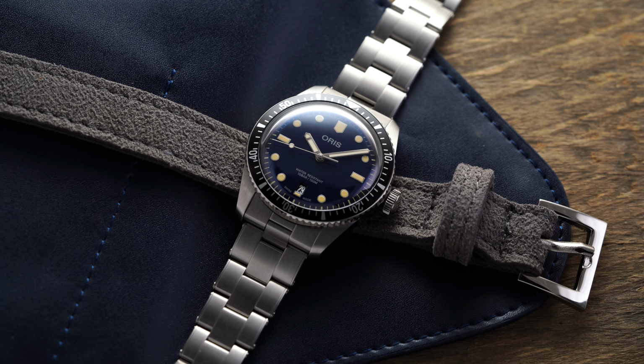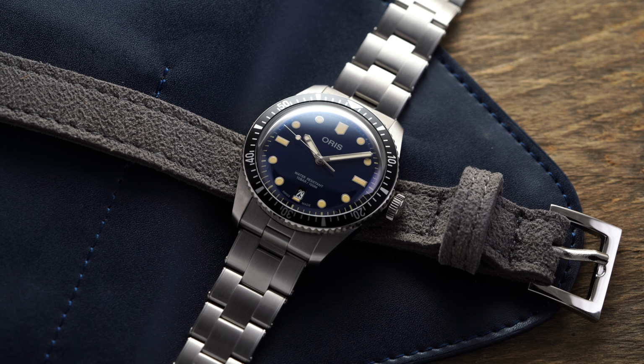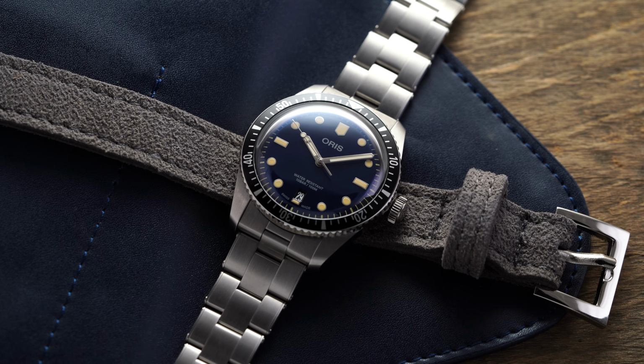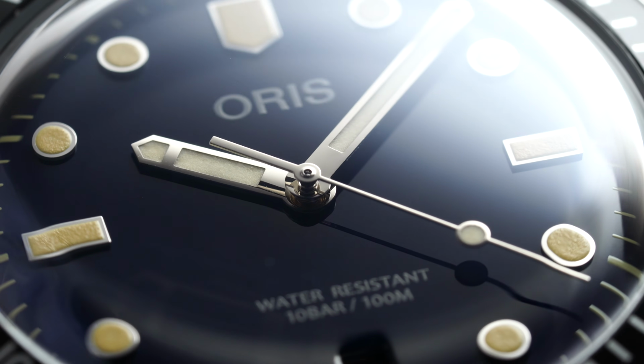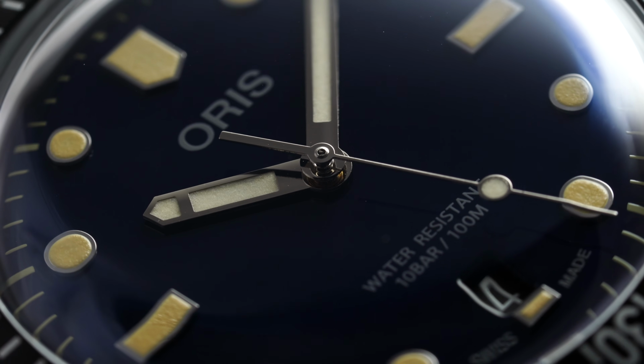For our sports category, let's stick with this heritage style here and go for the Oris Divers 65. So, a wide variety of different options to choose from with the Diver 65. Now, this watch certainly leans into the retro inspiration, looking back to the 1960s, hence the name. 100 meters of water resistance is the one talking point of this watch over and over again, but it still